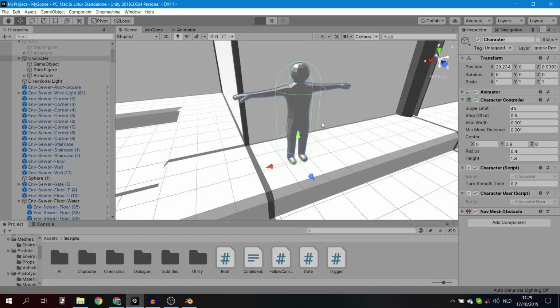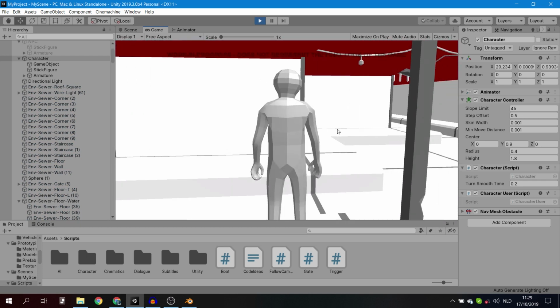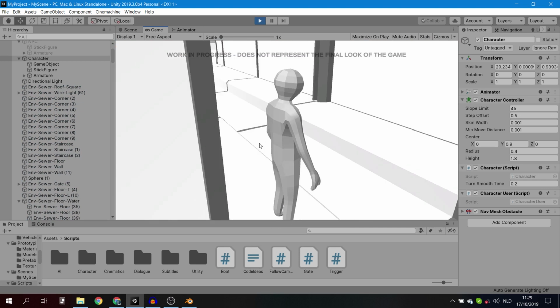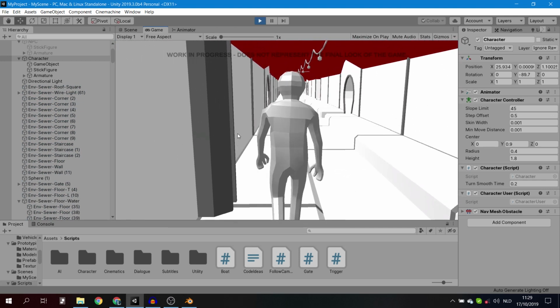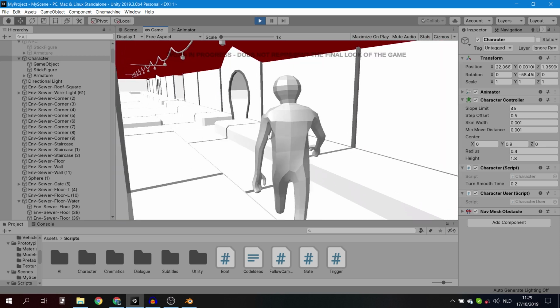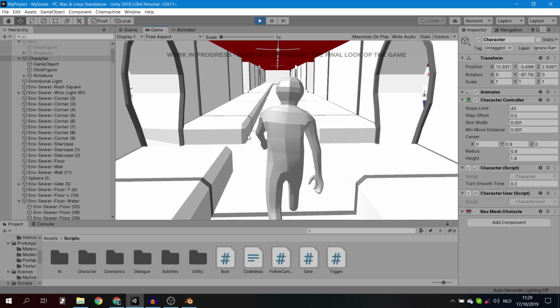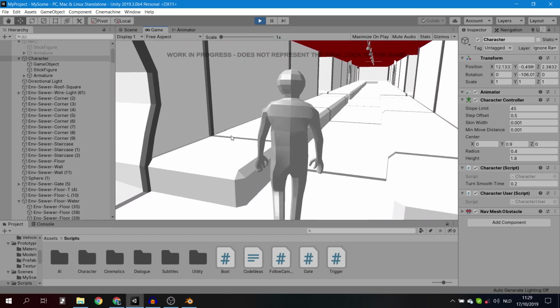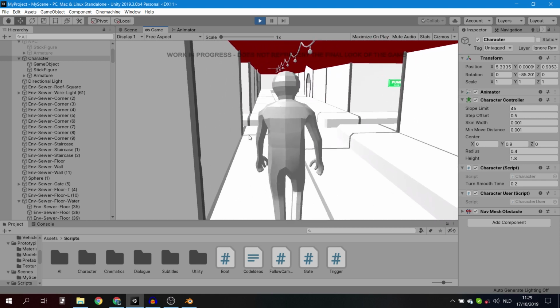I also wrote a few scripts such that you could actually press keys to walk around, and then got this result inside of Unity. As you can see, the camera can still move through walls. That's just all a work in progress. I'm still working on it. And now we can walk around. As you can see, there's also no water in these sewers yet. That's something I'll have to do. There's lots of things I'll have to do. So yeah, that's pretty much it. You can walk around in it.